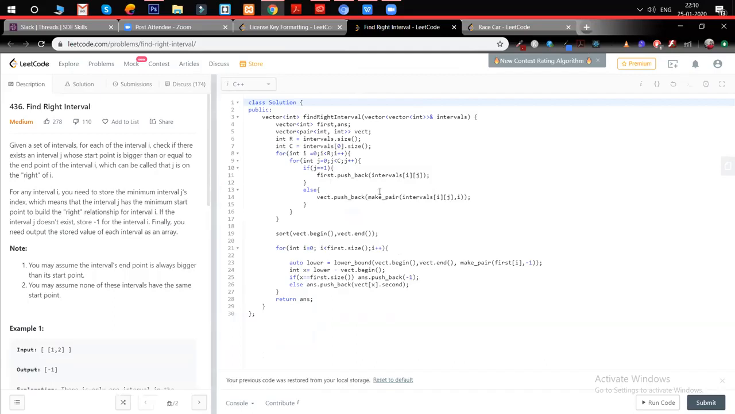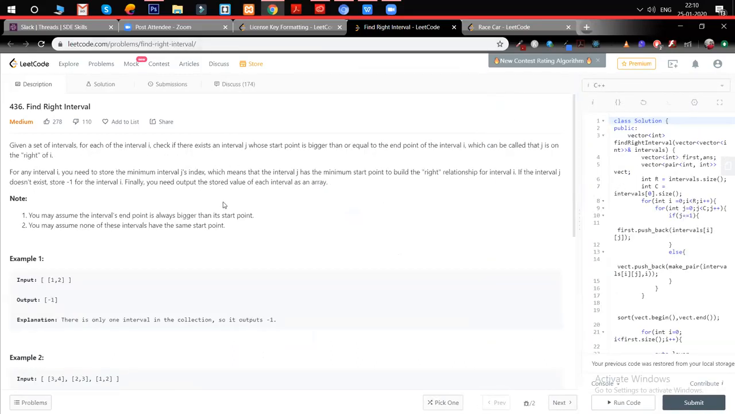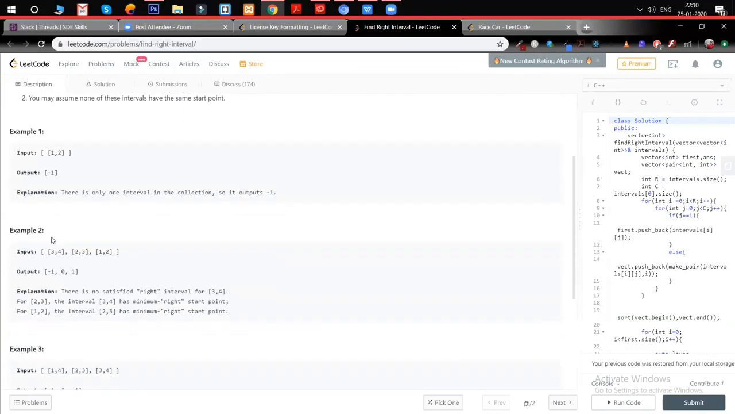The second question was "find right interval." This question was basically from the binary search tag. So if we have some 2D vector or a 2D array, you can say, we just have to check whether, in the ith vector, the last value should be greater than or equal to the